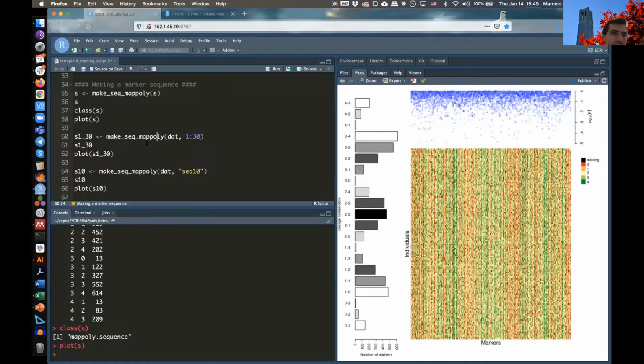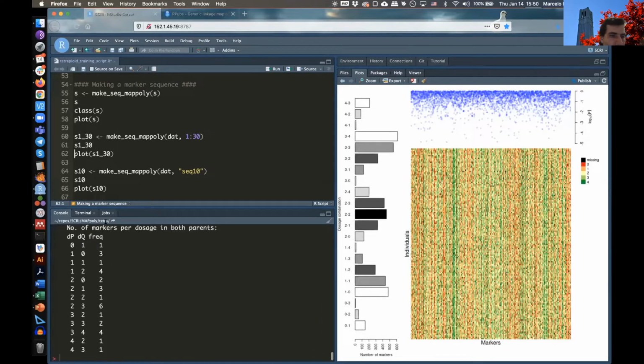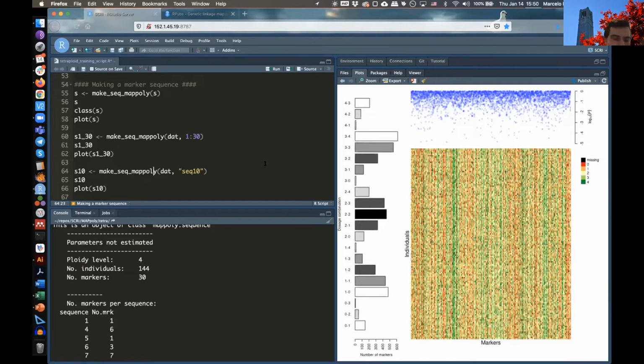So here, for instance, I want to make a sequence with the first 30 markers in my data set. I can use this. And then you have 30 markers. They are distributed in these groups here. And this is also, since we have the information of the genome, the potato genome,